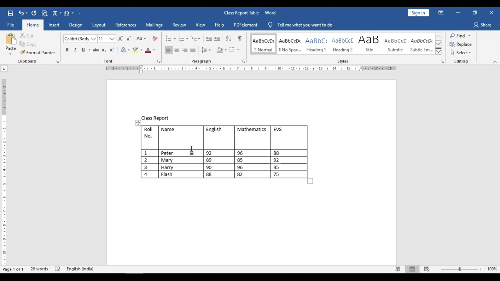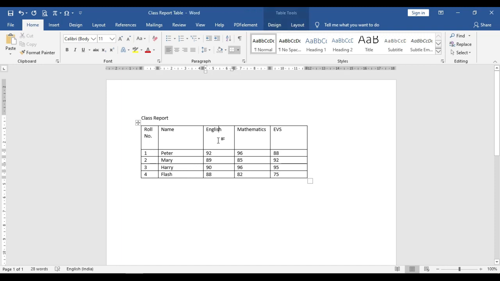You can also use the predefined option available in Microsoft Word. So to use the predefined option, place the cursor in the cell where you want to increase or decrease the size of the cell. So I just go to this cell. After that you will see the table tools option appears.